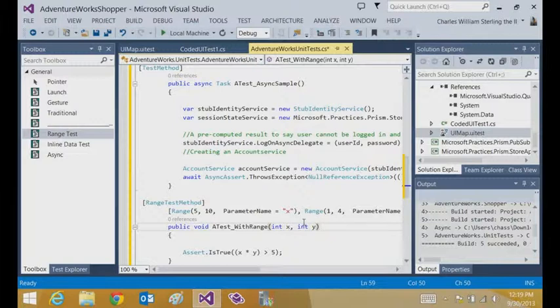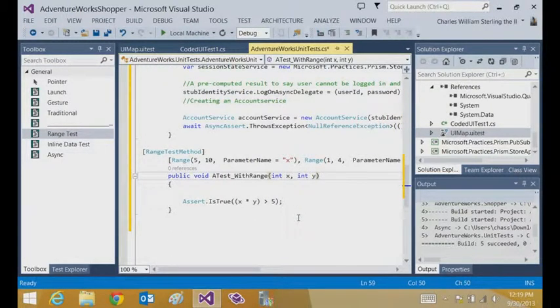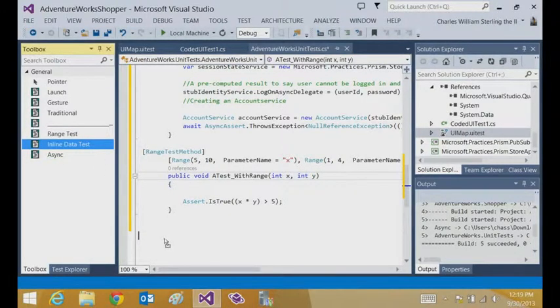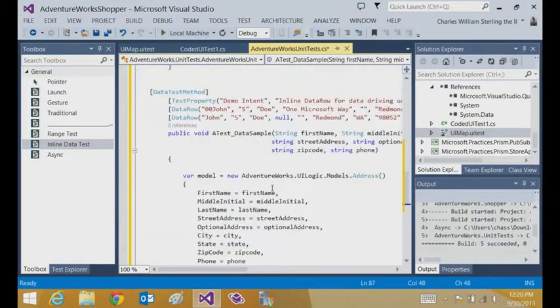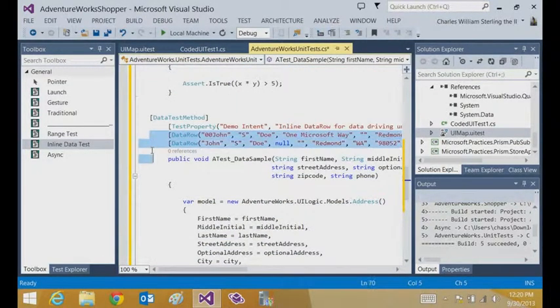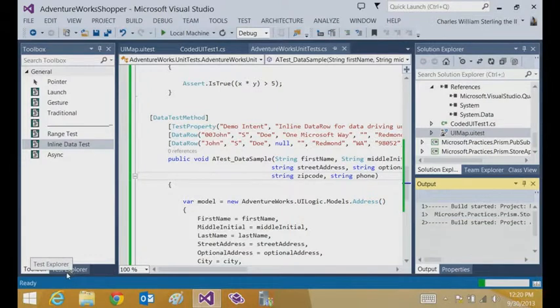So what that means is the test output is actually going to give me the x parameter for 5 on 1 through 4, etc. So I'm actually going to test every one of those. Imagine wanting a unit test for every permutation. Easily done, without a lot of extra work. And at this point, we've also added probably our most requested feature, the ability to go out and do inline data binding. So you can see I actually have inline data definitions. And now if I go out and go back to my Test Explorer and run these,